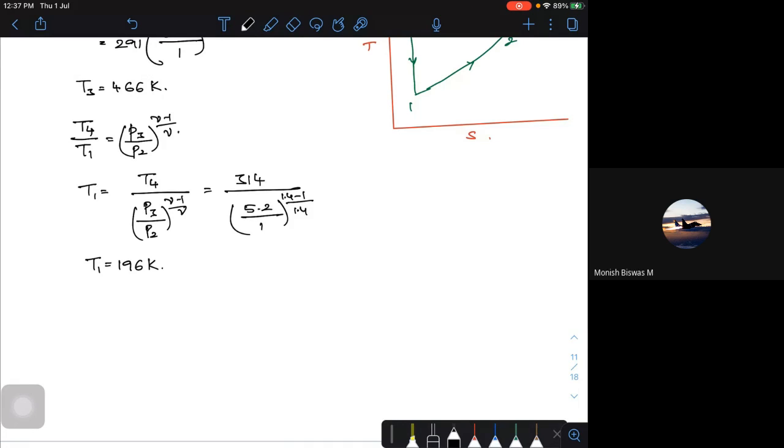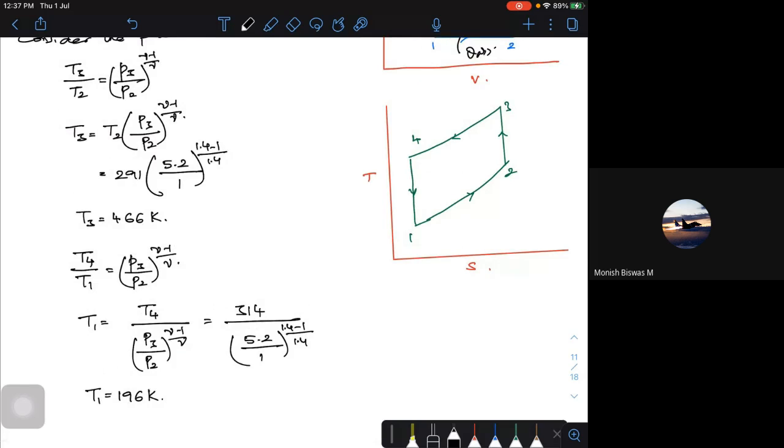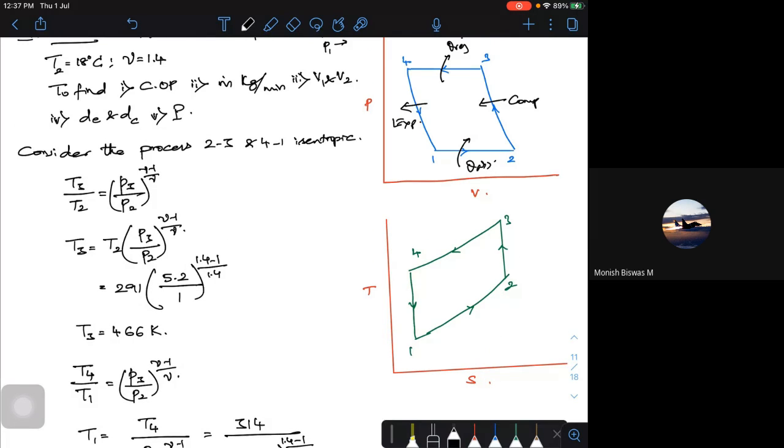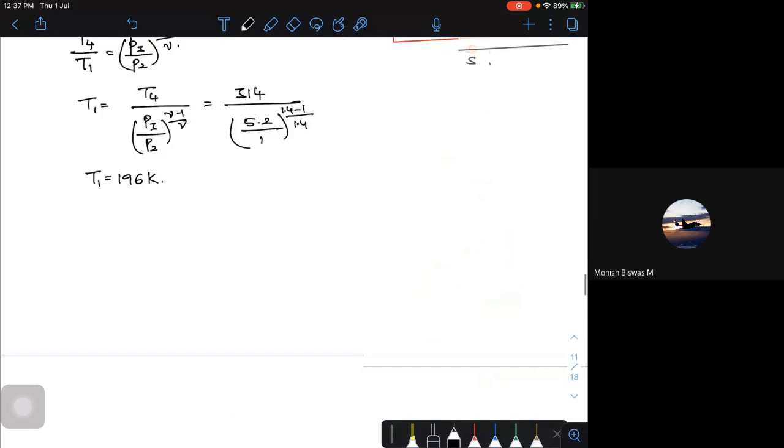So these are the temperatures I got. If you closely observe, I need all the temperatures, T1, T2, T3, T4, and now I know them all. With this, what type of process is it? 1 to 2 is constant pressure, and 3 to 4 is constant pressure. I can write in terms of Cp into delta T, mainly because of the enthalpy change. So the net work done,